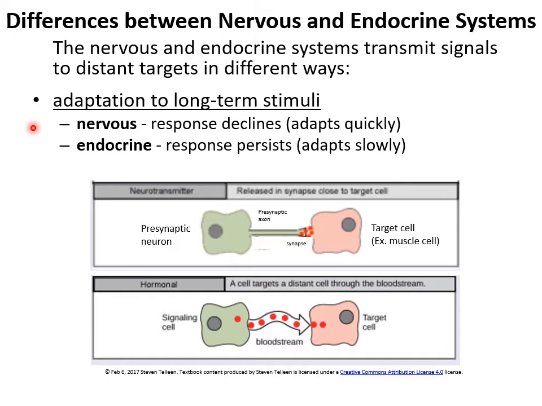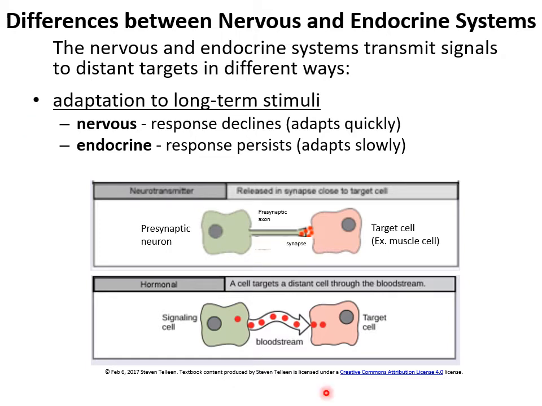For an endocrine response, it's very different. When you secrete a hormone, that signal persists. For example, the release of growth hormone. In puberty especially, preteens start releasing a huge amount of growth hormone that encourages their growth spurt to adulthood. This hormonal response persists for years until they have reached their full adult height.